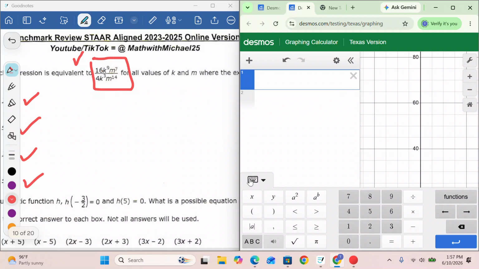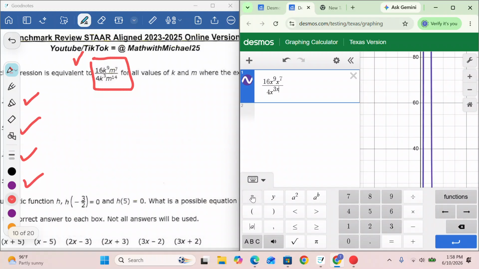So this one is interesting because it's hard to input. So let's try it. 16x, right? Because instead of k, it's AB to the 9th, space, x AB to the 7th, space, divided by. Ooh, look at that. And then what am I going to put at the bottom? I'm going to put 4x to the AB 3x. Oh, I forgot my space. I'm going to go back and push my space. X to the AB 14. Now,